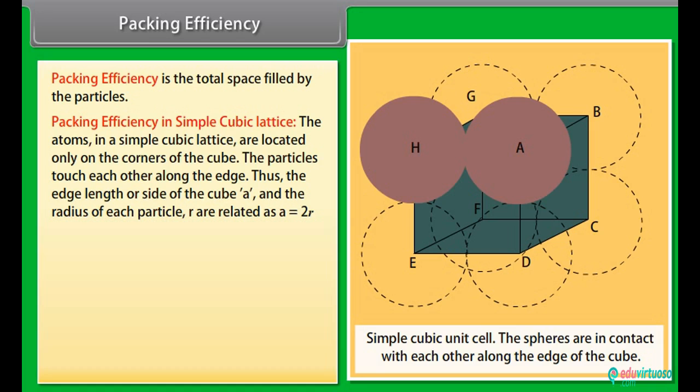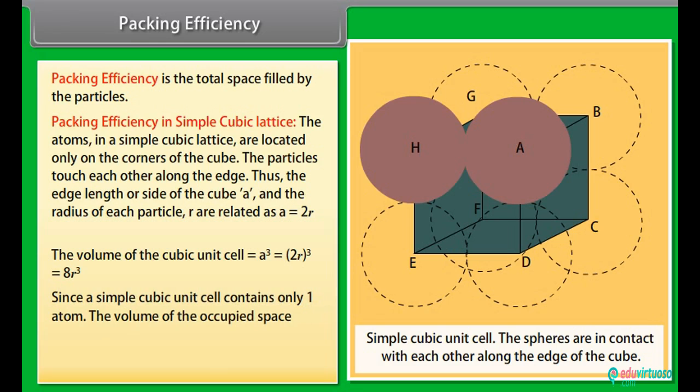The atoms in a simple cubic lattice are located only on the corners of the cube. The particles touch each other along the edge. Thus, the edge length or side of the cube, a, and the radius of each particle, r, are related as a is equal to 2r. The volume of the cubic unit cell is equal to a cube, which is equal to (2r) cube, which equals 8r cube. Since a simple cubic unit cell contains only 1 atom, the volume of the occupied space is equal